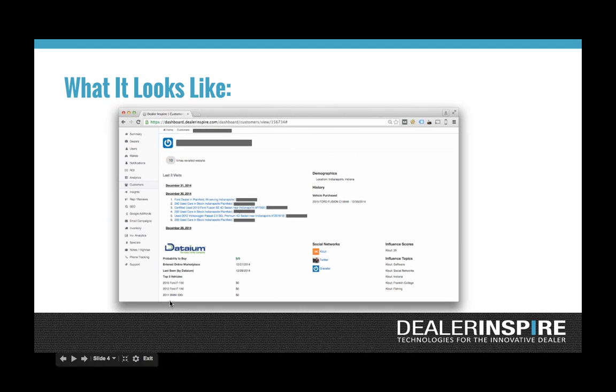And then here's that Dadium piece that I was talking about on the last slide. So probability to buy. Based on your consumer behavior on those outside websites, Dadium gives us a score that we can then obviously hand off to you guys. So you're rated on a scale of 5. So 5, I like to say when I'm talking to our clients, find out where they live and go to their house. Now that goes completely against the point of this webinar about not being creepy. So don't really do it.